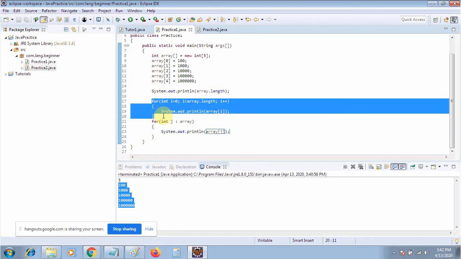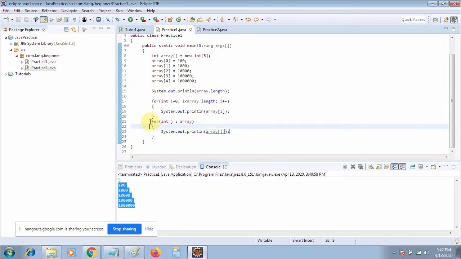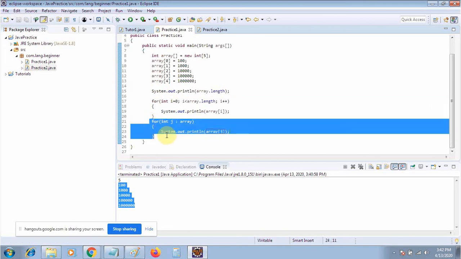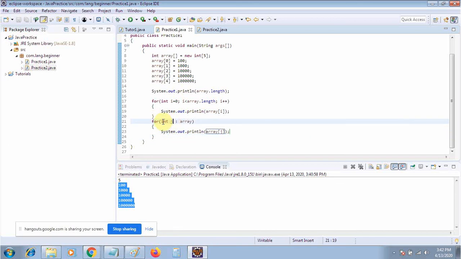Here we are iterating by using the for loop. It is known as the for each loop. It will perform the same operation. First of all you have to create a variable, then you have to map to this variable the array variable. Then first you store the value in some variable and then print that value. Okay, so let me run this one.